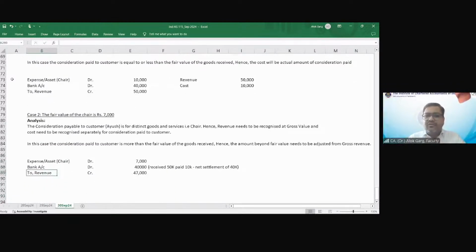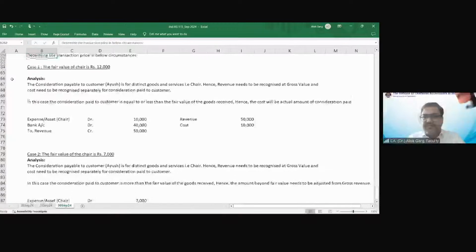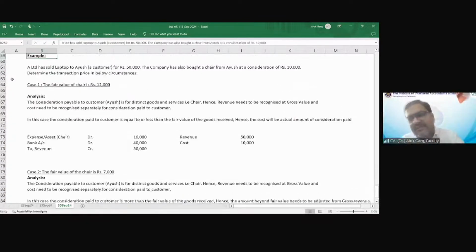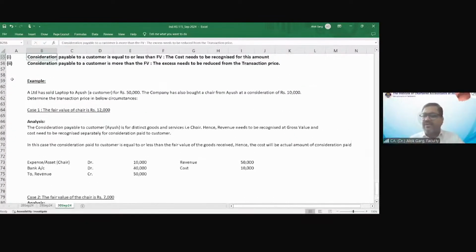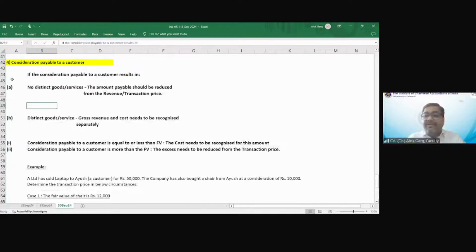Okay. So if the consideration payable to the customer is equal to or less than the fair value of the goods and services received, then it is okay, no problem. Whatever is actually paid will be the cost. But if the entity is paying more than the fair value of the goods and services, you tell me,